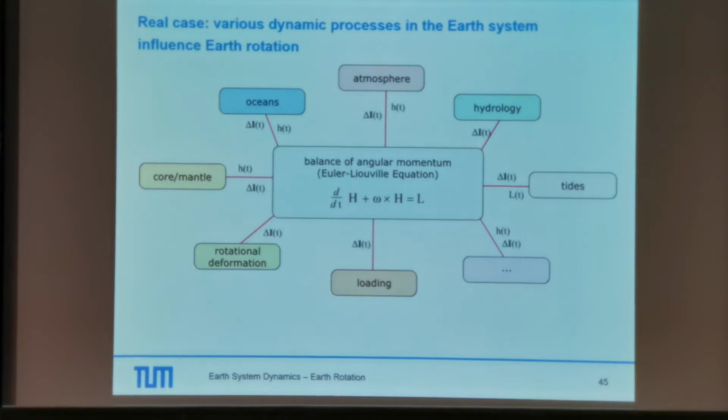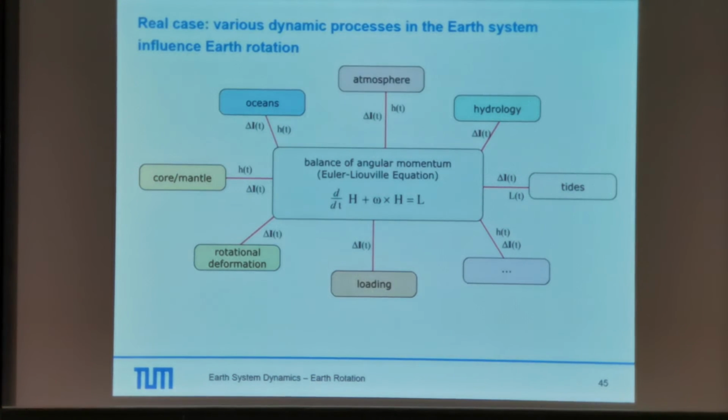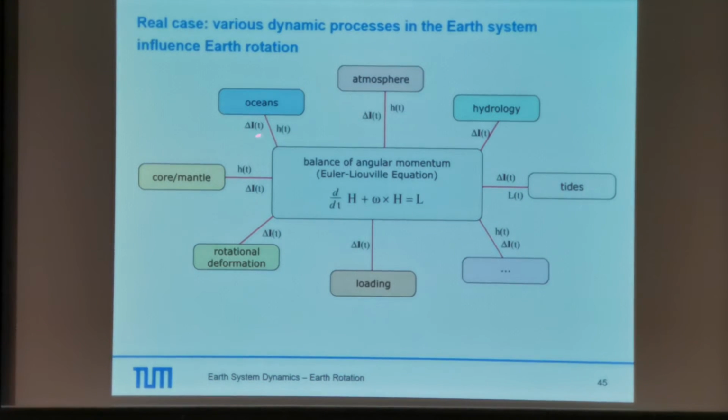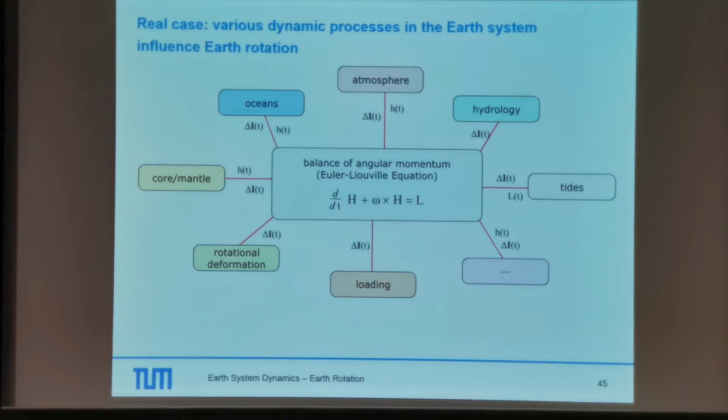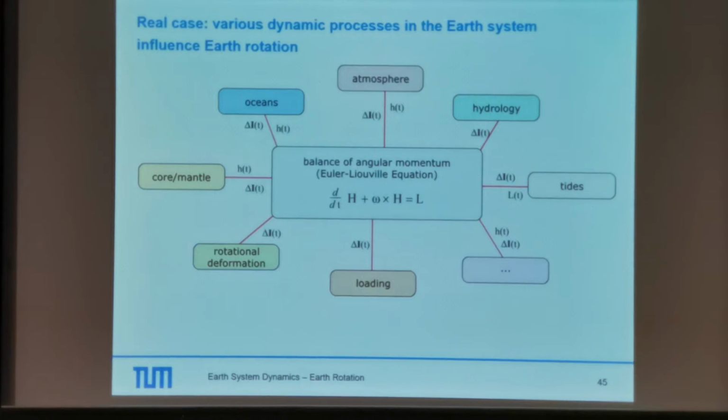If an ocean model gives us variations in the mass term, so if mass is transported or relocated from A to B, or if we have large ocean currents like the Gulf Stream or the Great Conveyor Belt, which we will face in one of the last lectures where we will talk about ocean models, then delta I and small h are affected by these mass redistributions and motions,